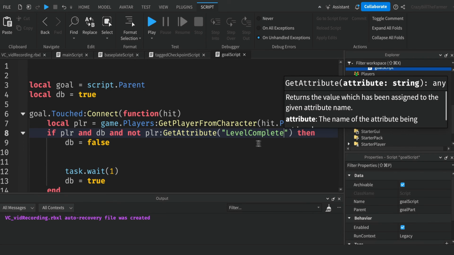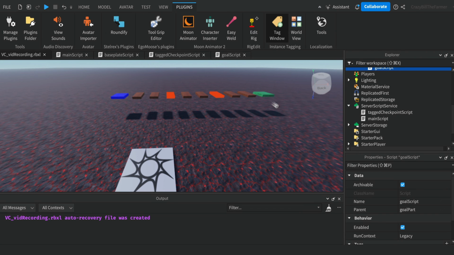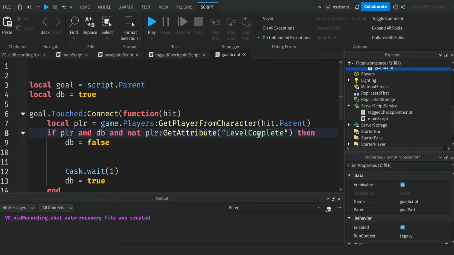And that's it. It will get the value. So we're looking for player to be true, DB to be true, and this attribute, level complete, should be false, which means this is the first time they've landed on this goal part here at the end of the level. Now if they have done that, we want to immediately set this to true so that this part cannot